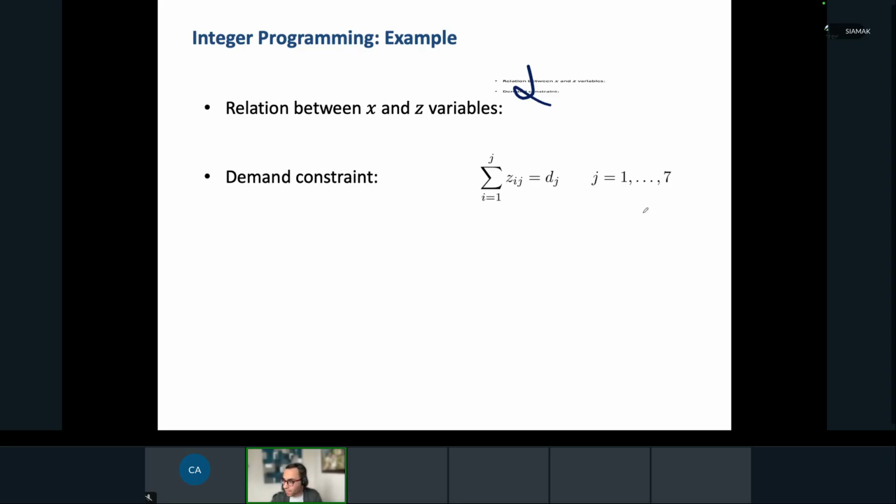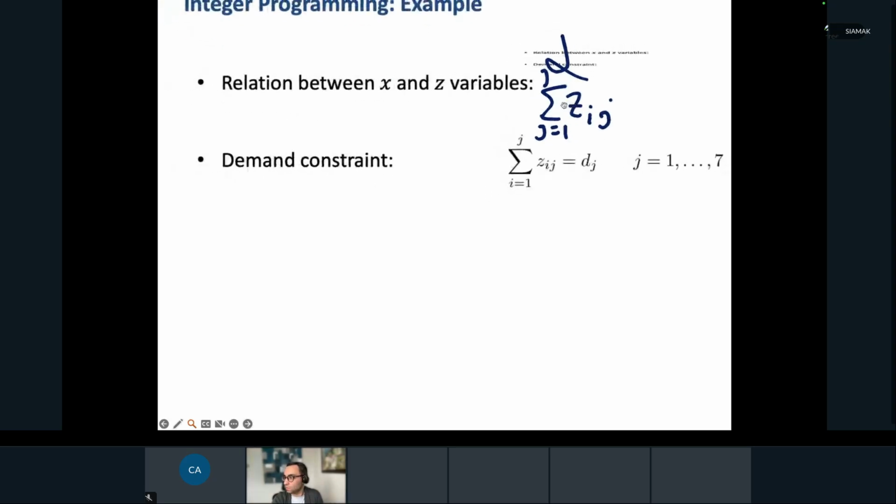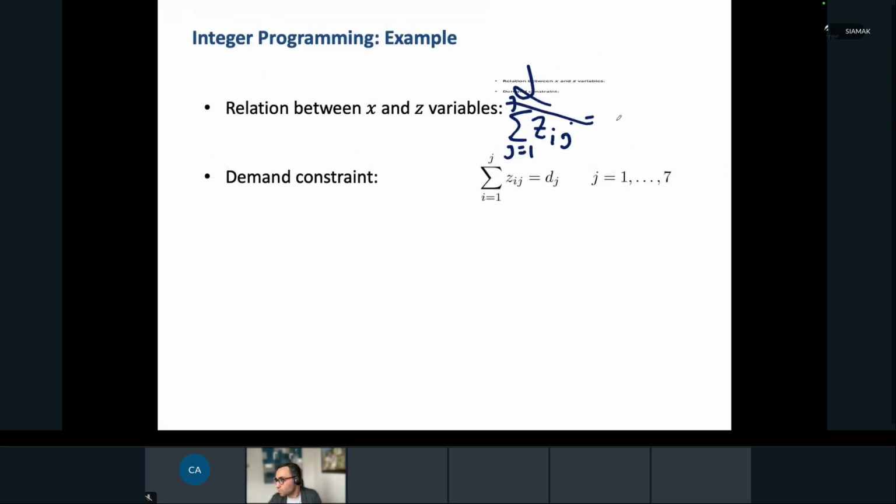So what we write here again, we use j here because we have Zij. For the demand of each of the boxes, again, j goes from 1 to 7. How many constraints do we have here? Again, we have 7 constraints because we have to have a demand constraint for each of the boxes that we have. And then the left-hand side is which ones we can use to satisfy the demand. In the previous one, it was the summation of Zij, j from i to 7, equal to x